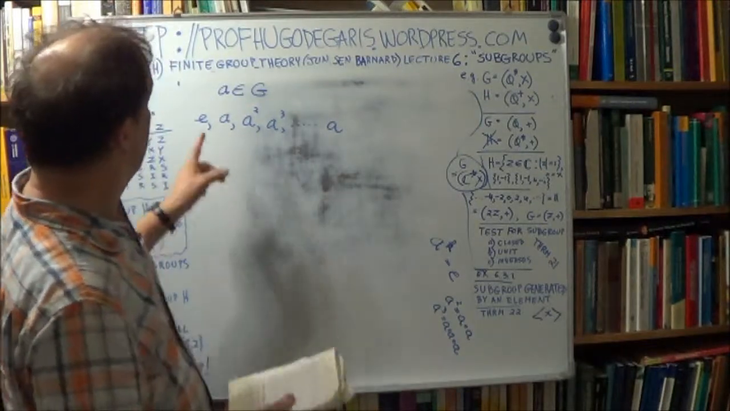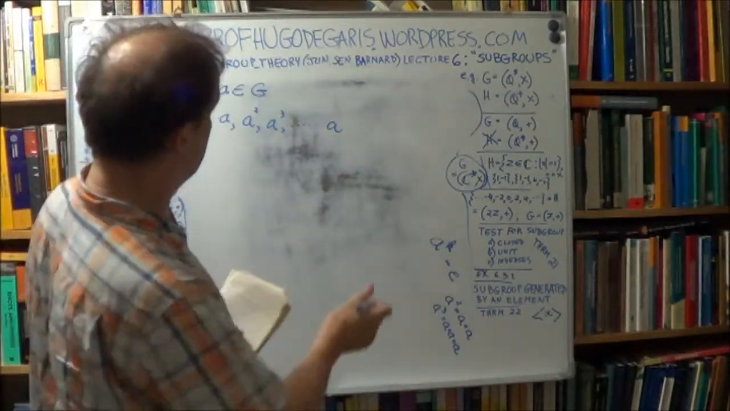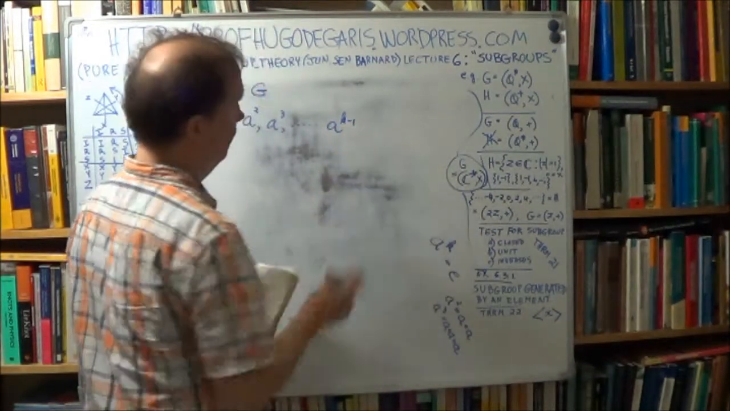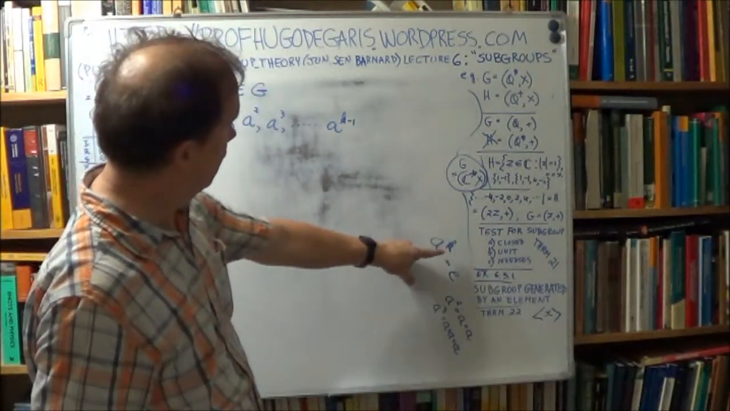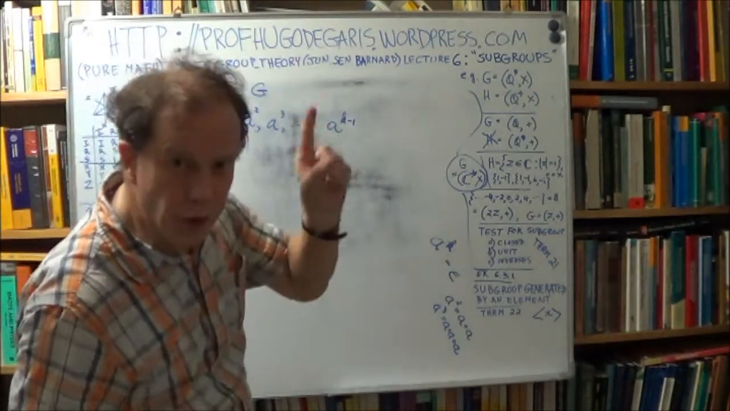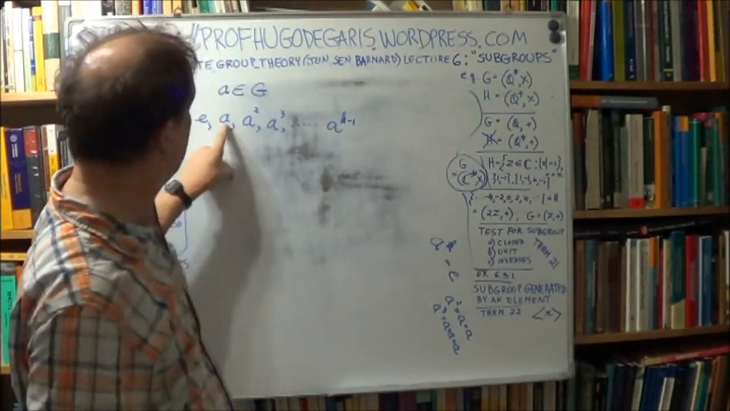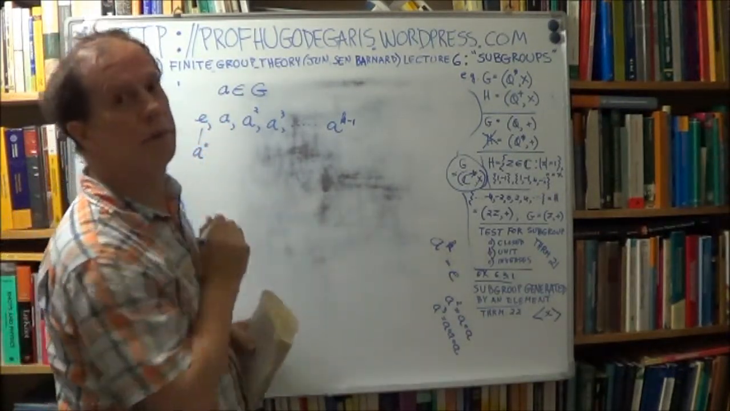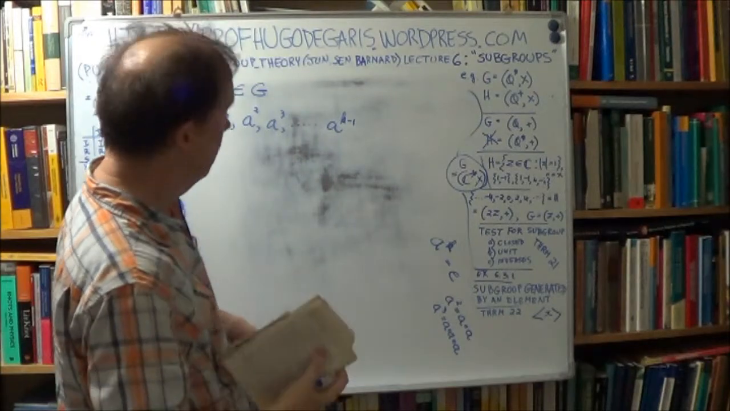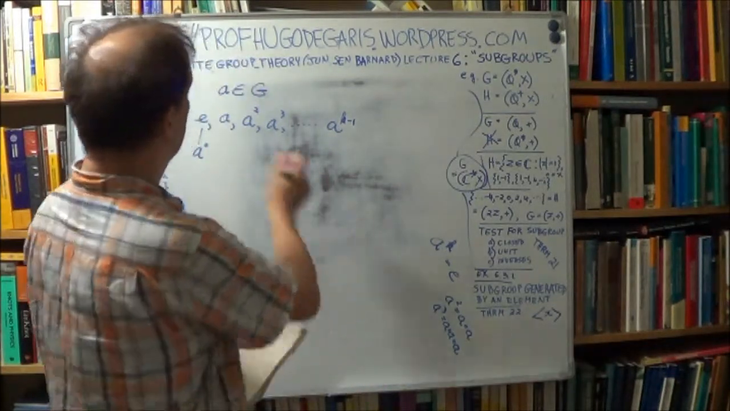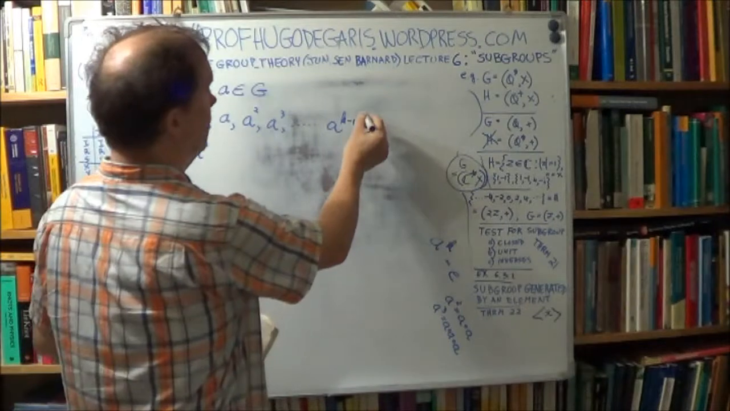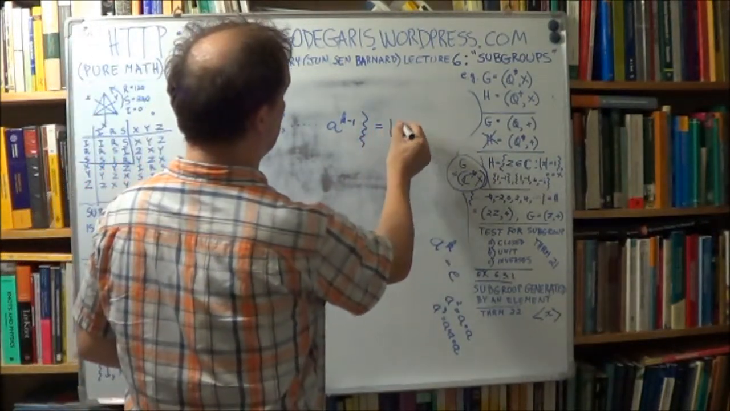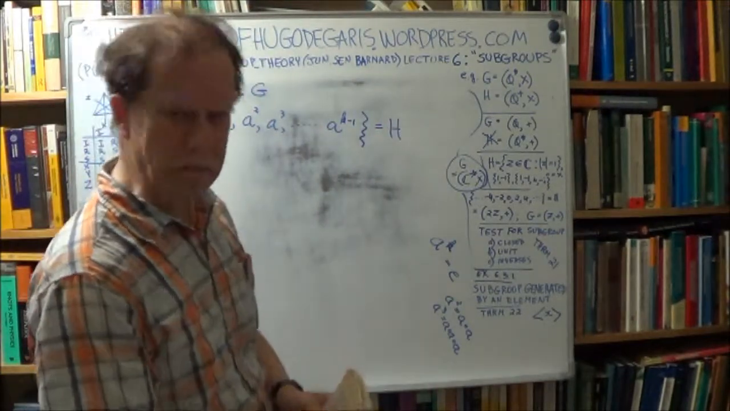Okay, so let's go up to k minus 1. Now, where k here is the order of the element a. Now, this e here, that's just a to the naught, right, by convention. Okay? Now, take all these elements and make a set out of them. And we'll call that H. Now you may say, oh, H? You mean,